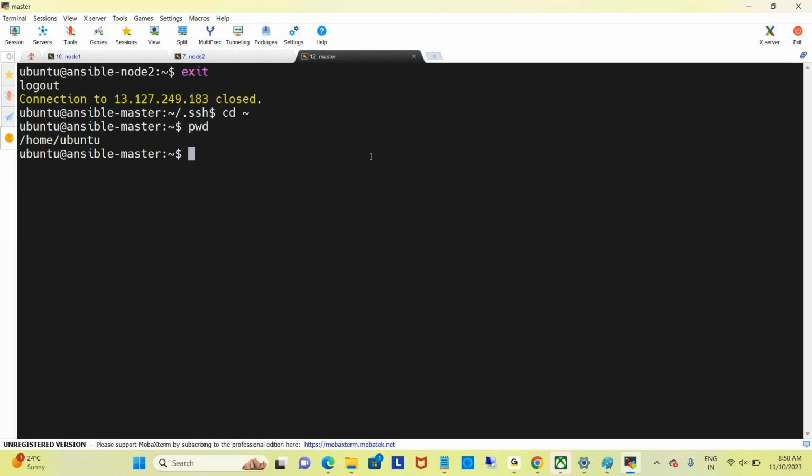Now I want to ping a server. What is ping? The ping command, if you remember. If you want to check whether any server is up and running or not, we will be using the ping command. Ping. Similar way, let's say I want to ping